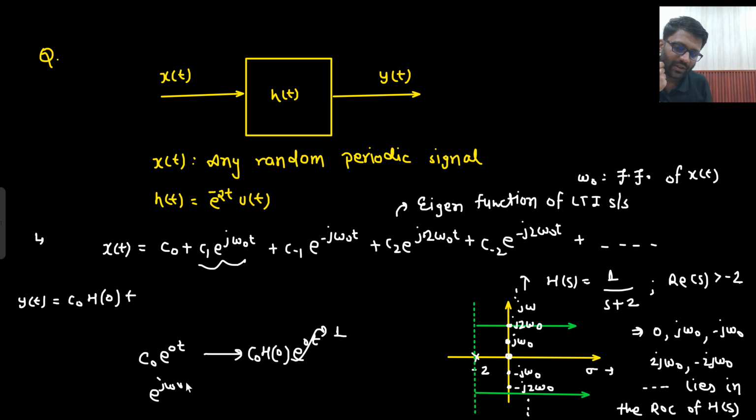So e to the power j omega naught t. What will be the output? E to the power j omega naught t only. But it will be multiplied with the factor of h of s naught. What is the value of s naught? j omega naught. And if it is multiplied with c1, this will also be multiplied with c1. So c1 h of j omega naught e to the power j omega naught t